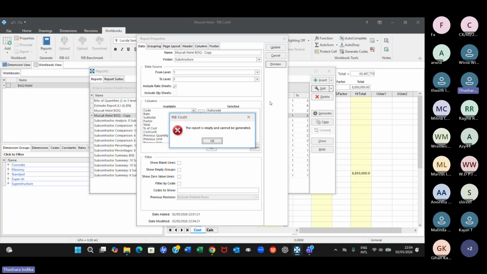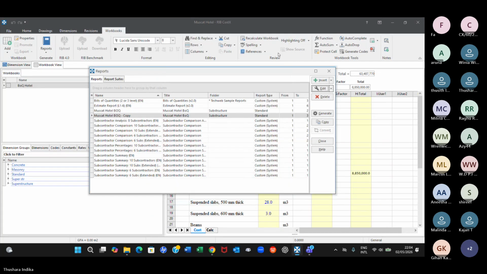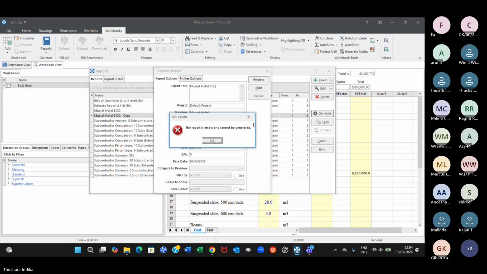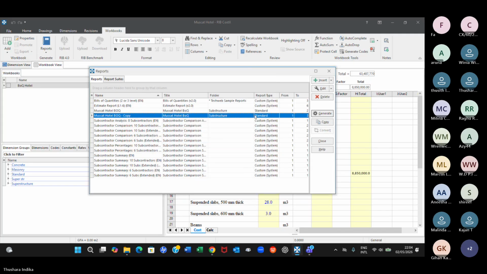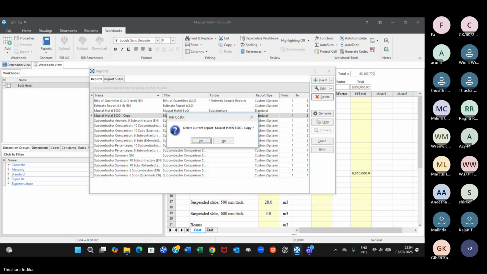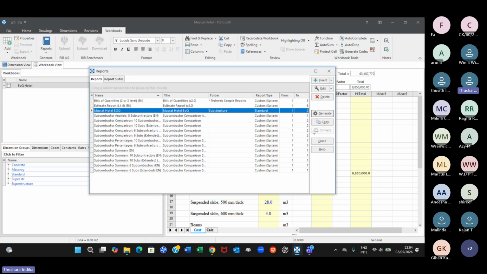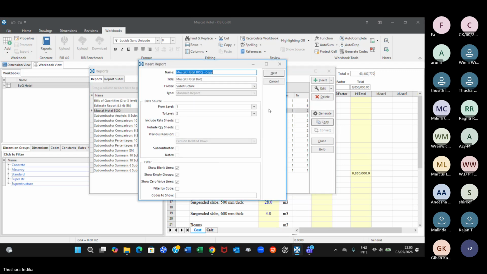The report is empty and cannot be generated. Okay. Update. Right. I've taken copy. Now let's take a print out. So the data has not come. So I'll take BOQ and take copy. And in the process,